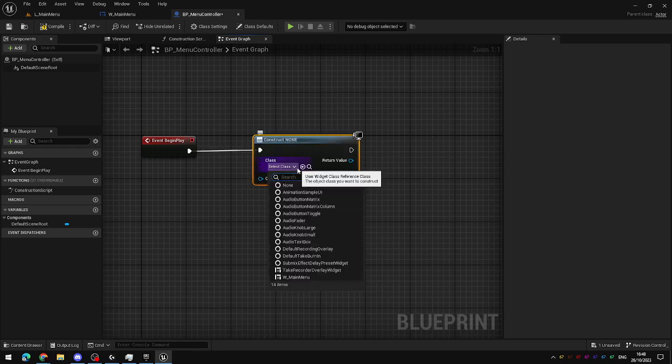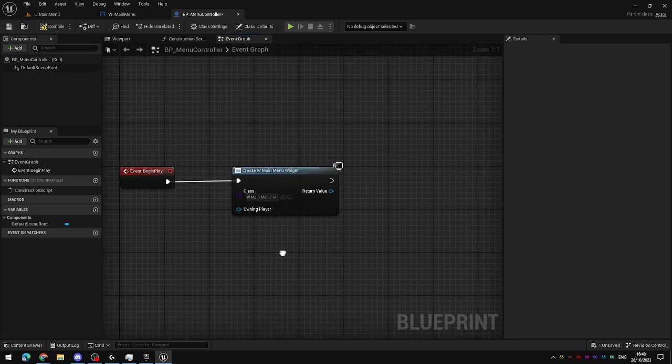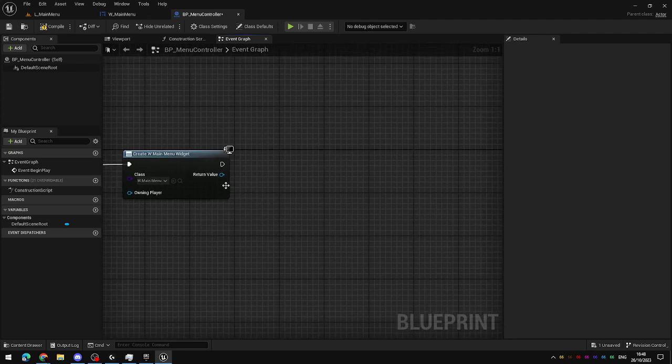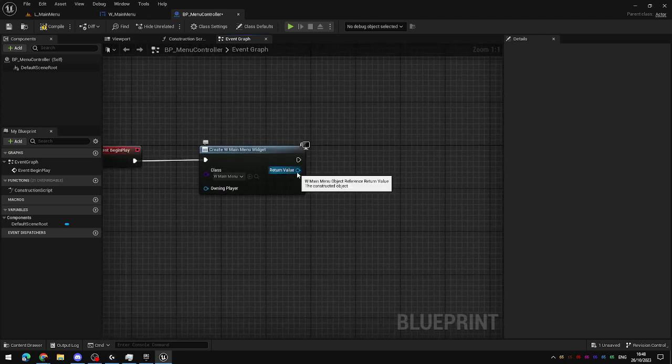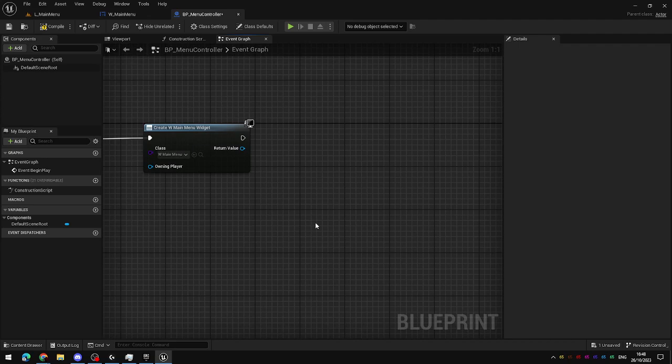This is going to be the W_main menu. There we go. I don't need to set an owning player because this is only going to be a single player game. This will return an object reference to this main menu widget. It's going to spawn it in, but what it's not going to do is show it to the player. It's going to add it into the level, but not have it necessarily displayed on the player's screen. To do that, you need another